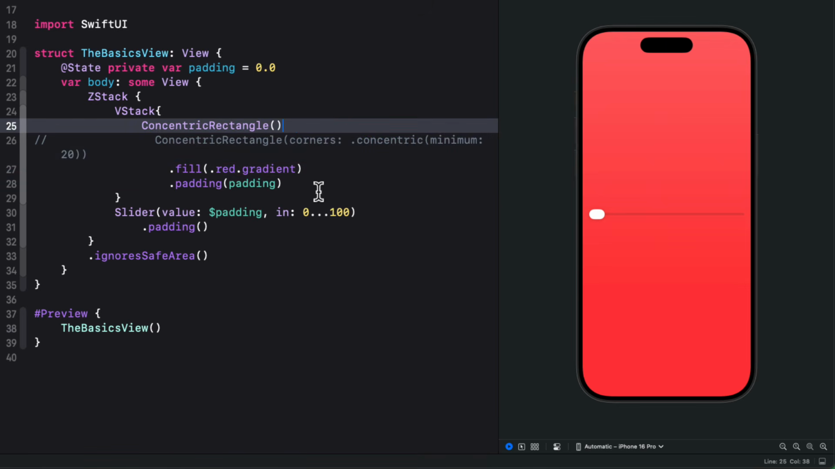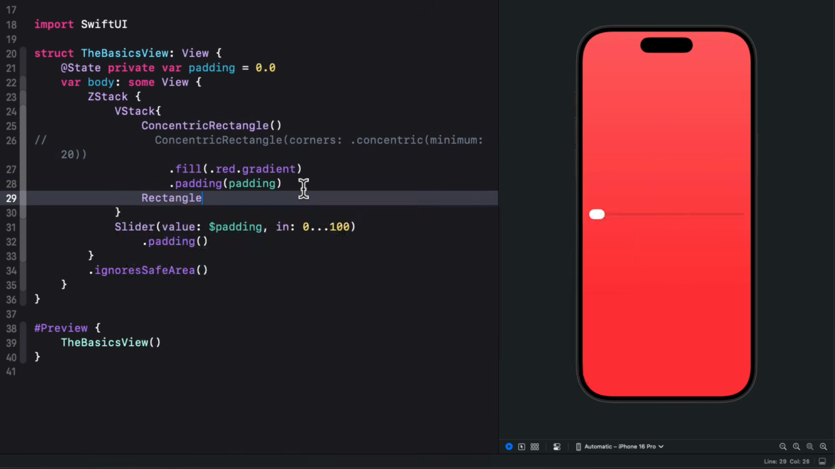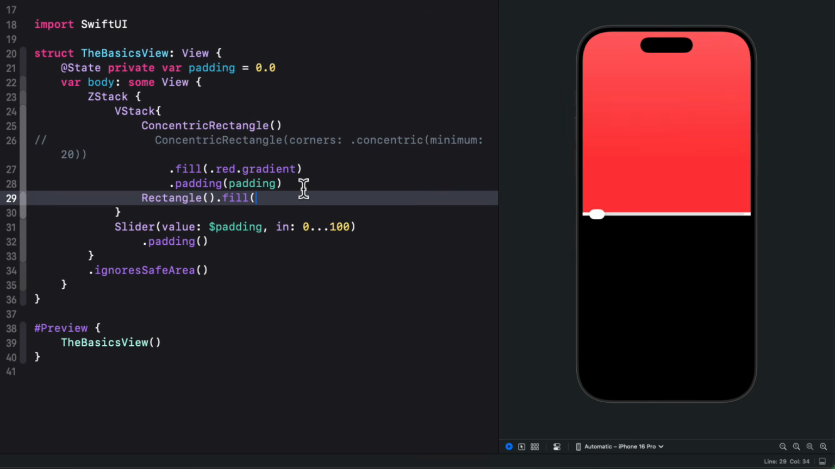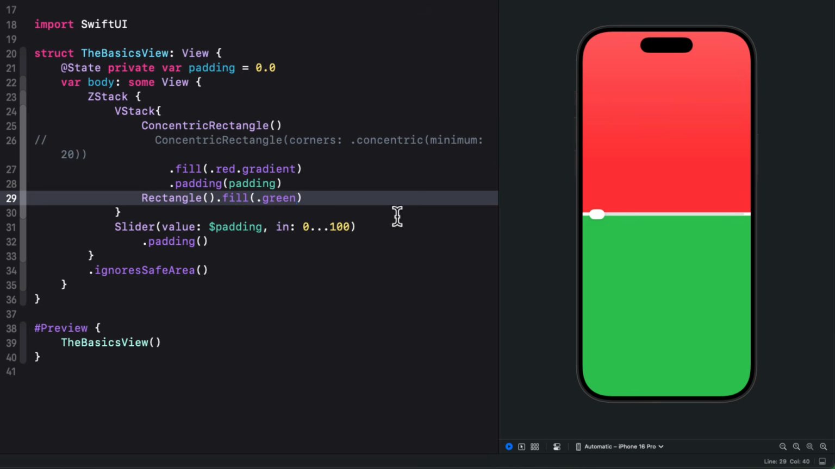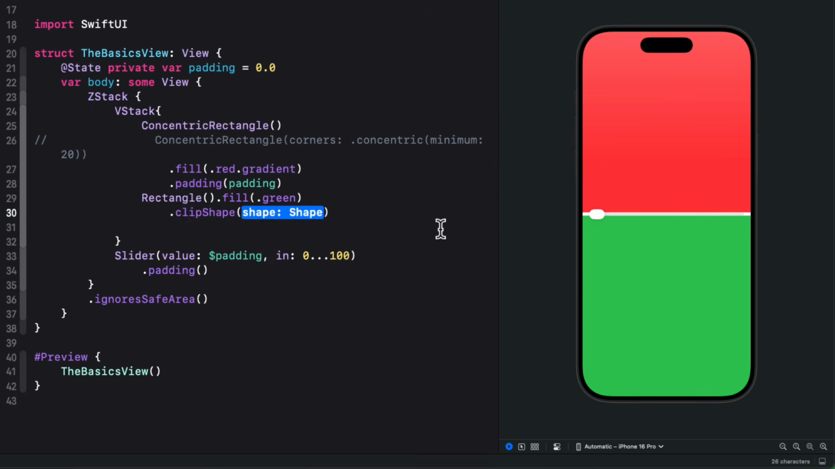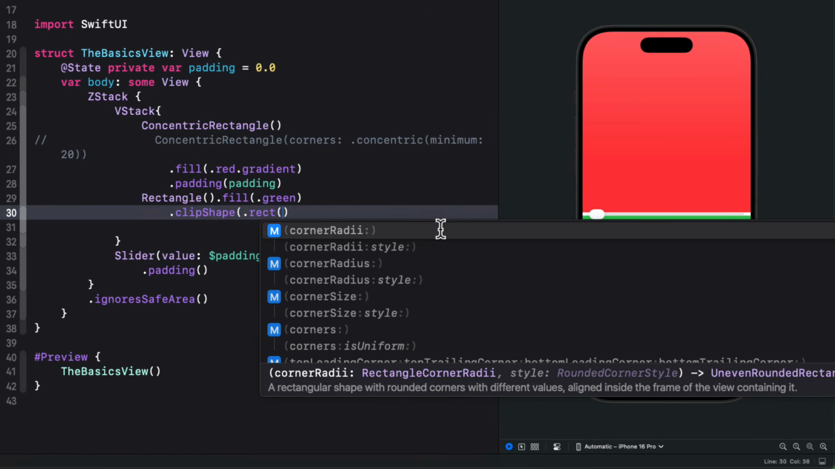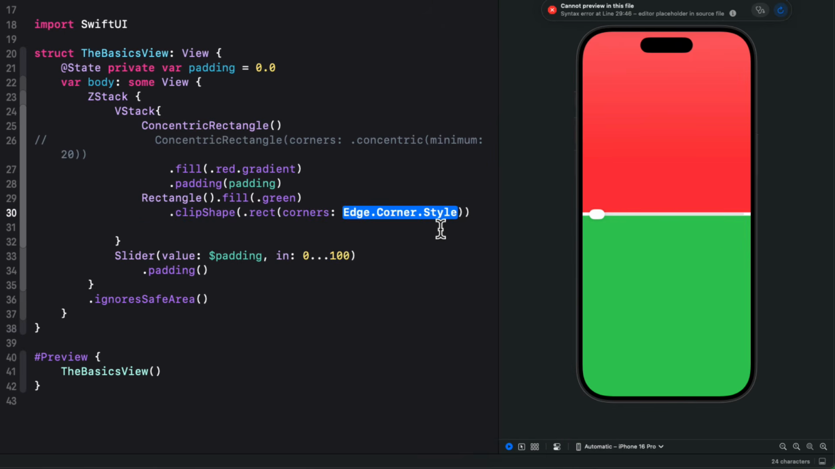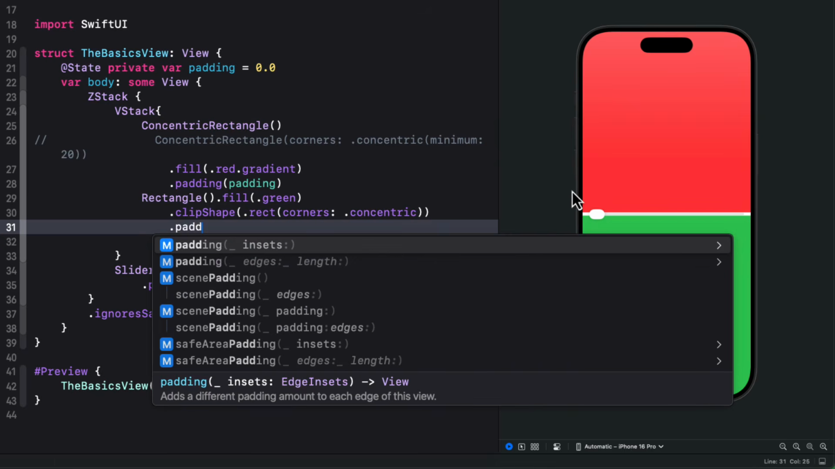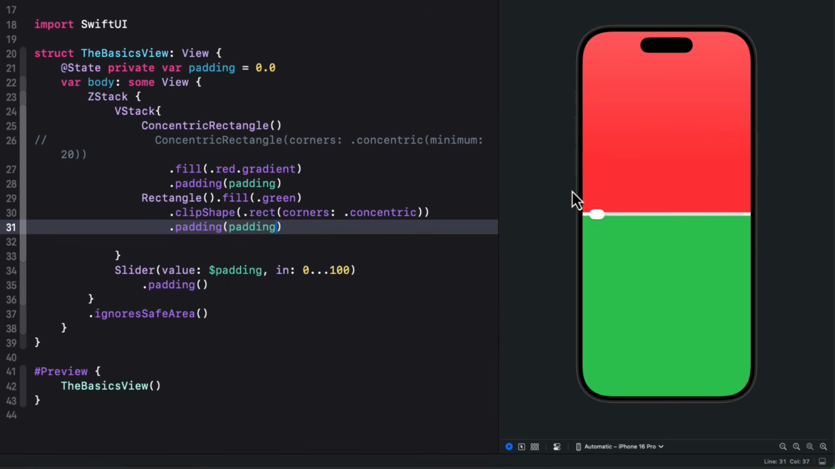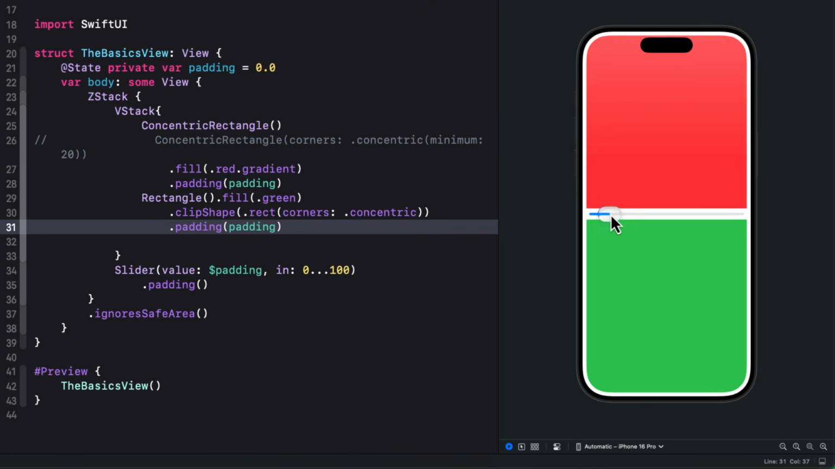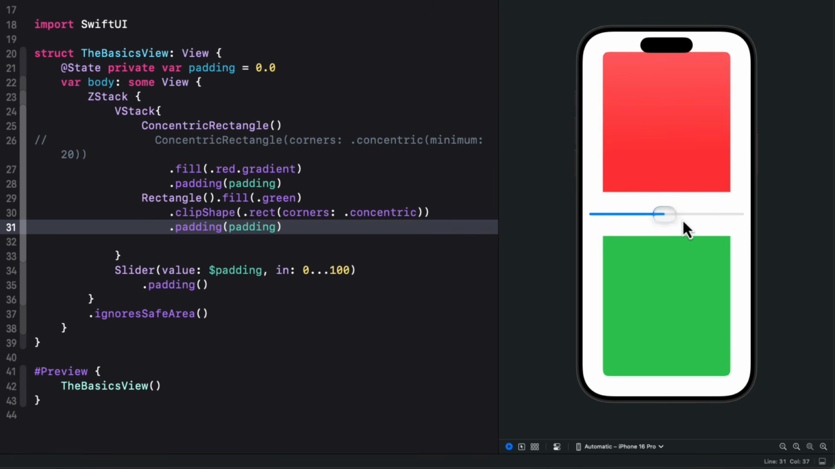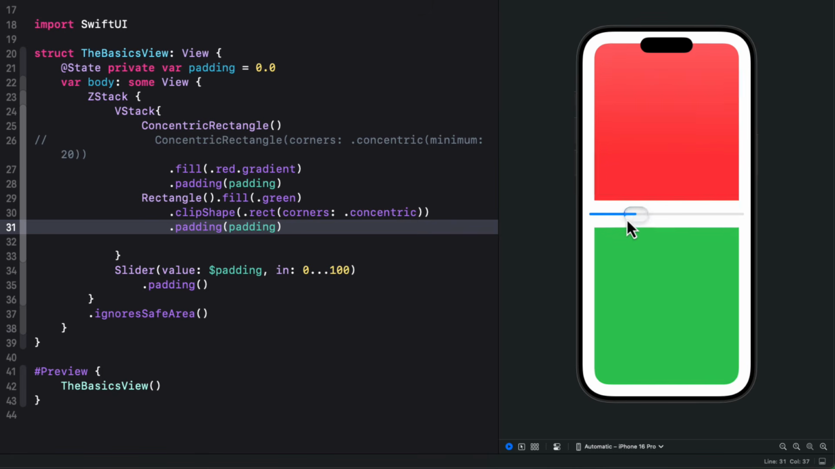Below this, I want to add a regular rectangle shape with a fill of green. But I want to clip its shape to a new rect modifier that allows us to specify the corners as being concentric. And I'll add some padding with the slider padding. Now, as I adjust the padding, you'll notice that the lower corners of the red and the upper corners of the green are no longer concentric,